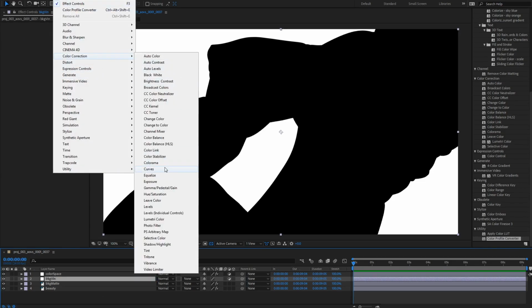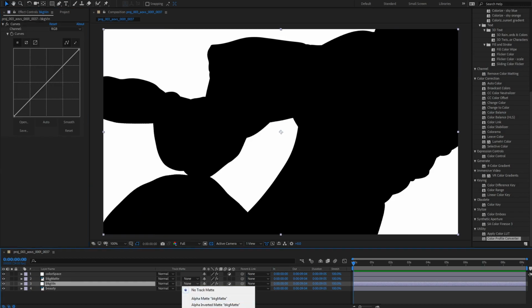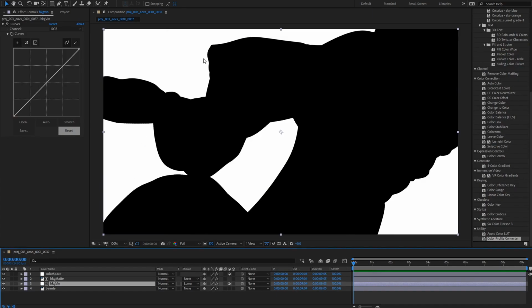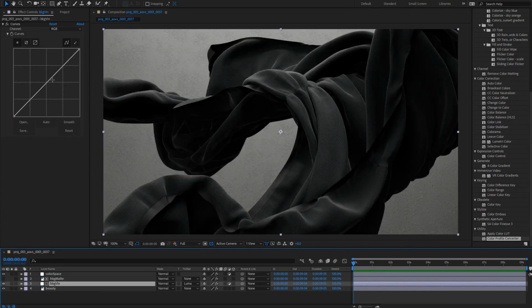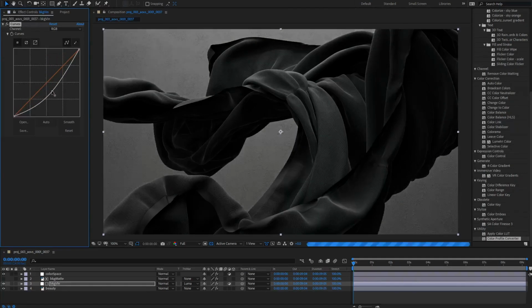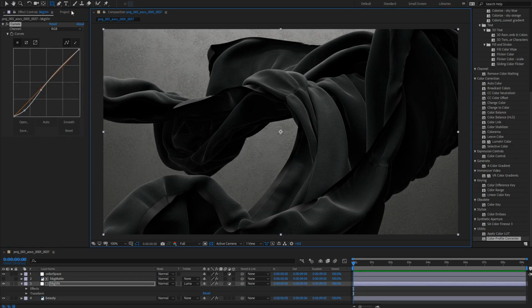And we'll grab a color correct, and let's just grab curves. And we're going to set this curves adjustment layer to Luma Matte for our background mat. So now we're using this to mask off where we're going to apply our color correction. So you see if I bring this down or up, we're simply adjusting the color there. So I think I'm going to give this guy a bit of some contrast, maybe a little more contrast than I'd like, and give it a